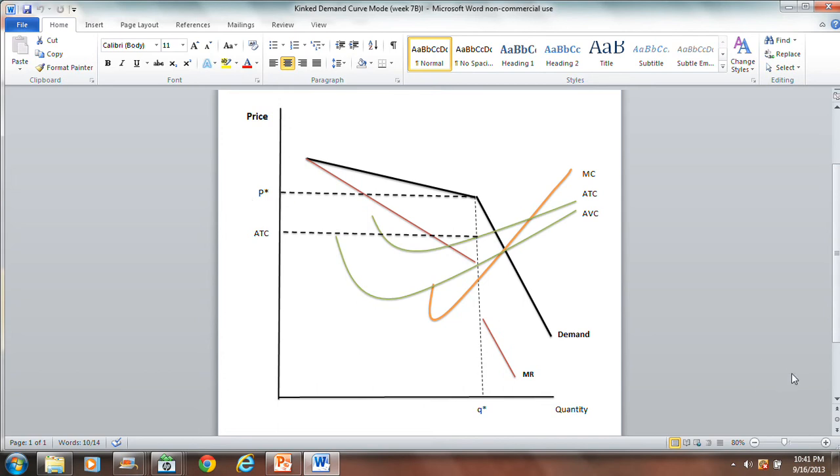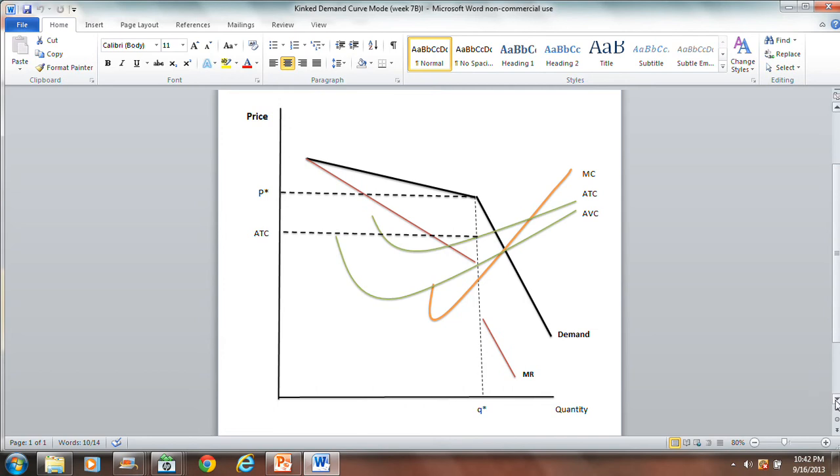Alright, so that's the basic workings of the kink demand curve model. You have to recognize that the demand curve is reflecting the interdependence issue because the firms are reluctant to raise price and really don't want to lower price. So once you account for the interdependence issue with this kind of strange looking composite demand curve, then you can apply the steps just as we've done before to try and find the revenue, to try and find the cost, and ultimately to make some profit or loss assessment.